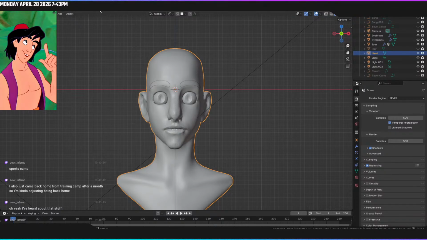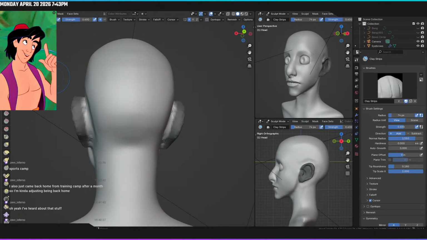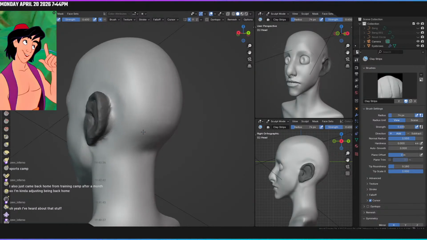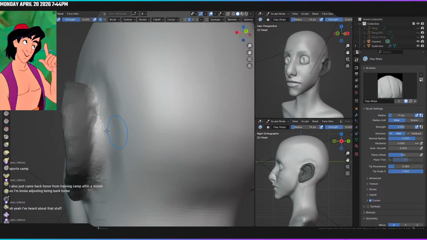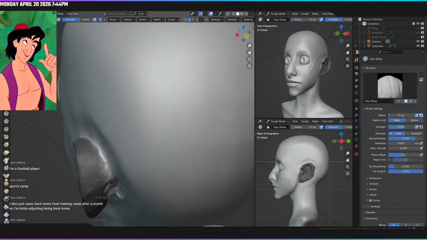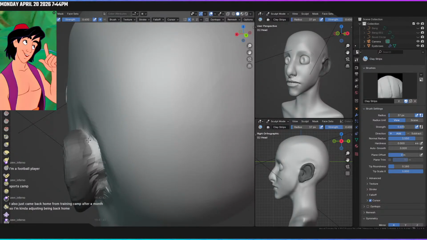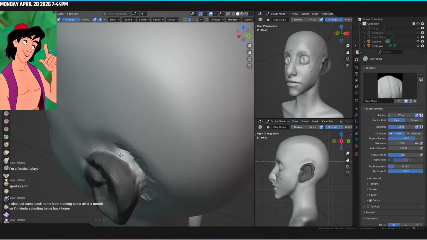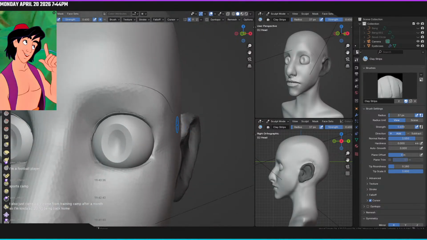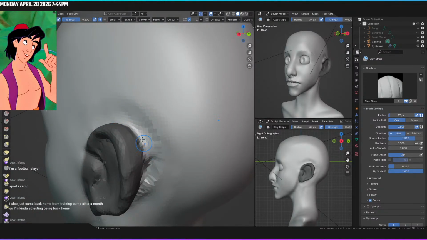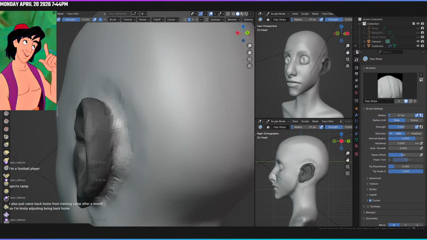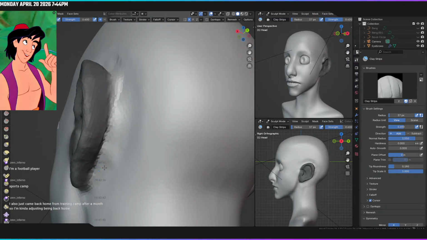Let me work on the ears, the back of the ears a little bit more, because that's what I need to work on. Oh, grabbed it from the opposite end. It's kind of looking a little funny here. Need to add a little bit of dipping around the ears. Around the top it's okay. I'd say around the top it's okay, we don't need to add any more changes there. Just need